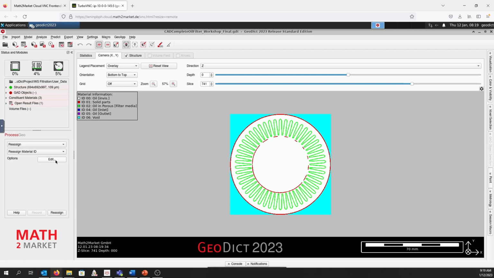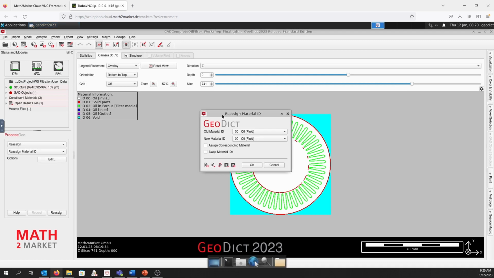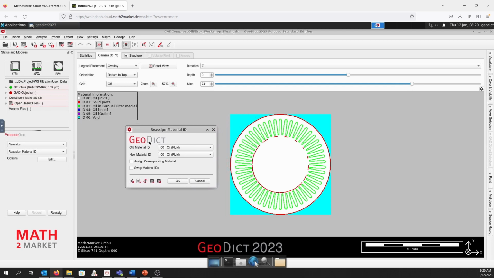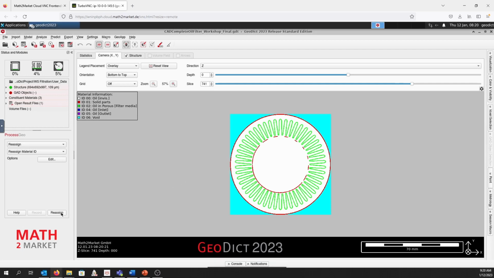We open the options by clicking on Edit. And we select as the old material, material ID 2. And the new material ID, which it should be reassigned to, will be material ID 0, oil. And then we hit OK. And we click Reassign.